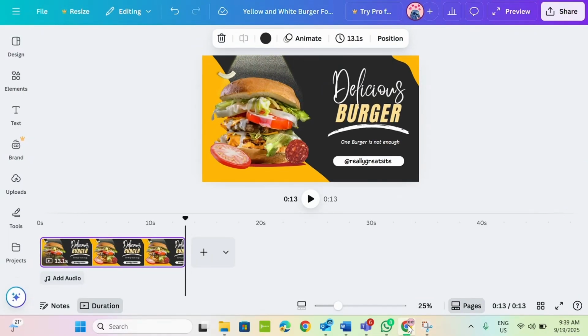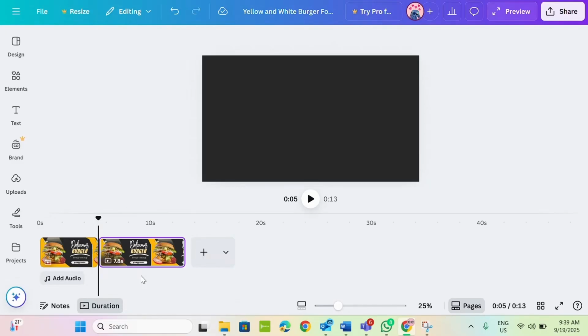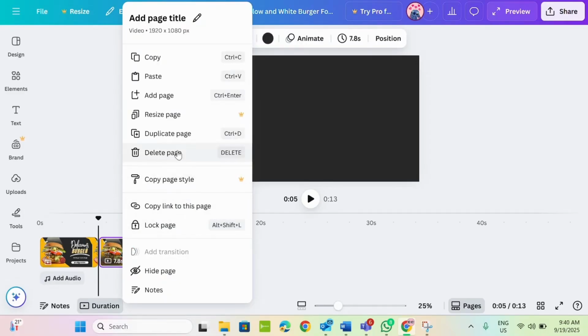want to split. Now tap on the video timeline and then go to the part where you want to split the video and right click on it. So you can see the split page option on the bottom. If you tap on it, you can see that the two videos are now separated. Now you can right click on the video that you want to delete and you find the delete page option